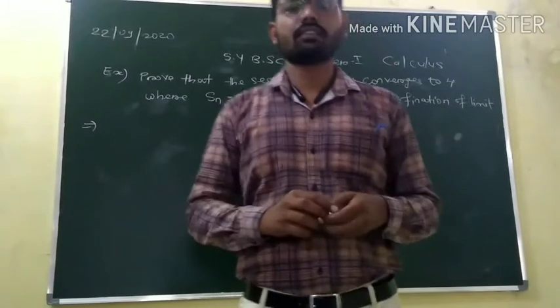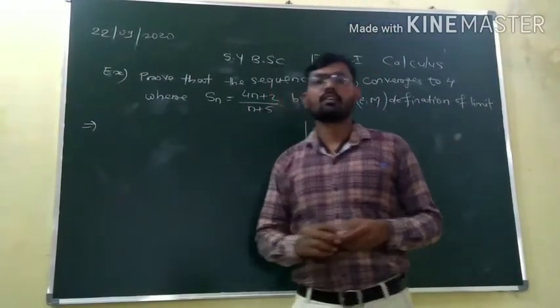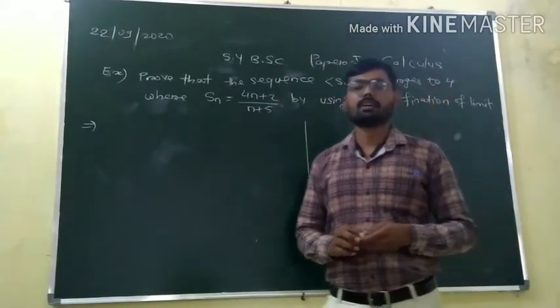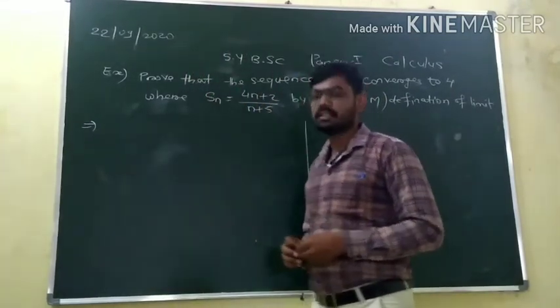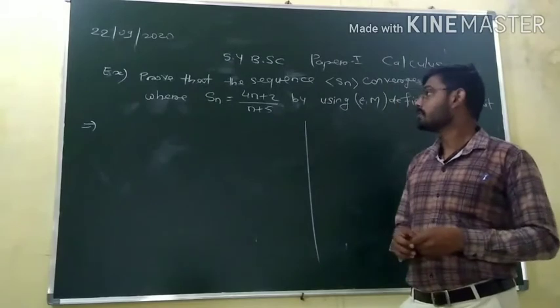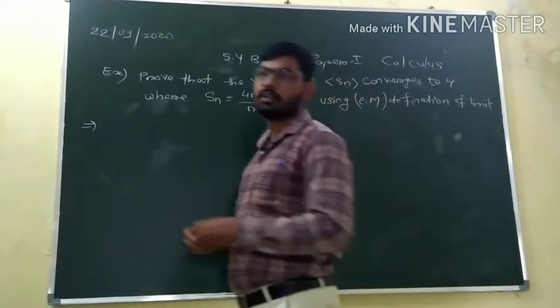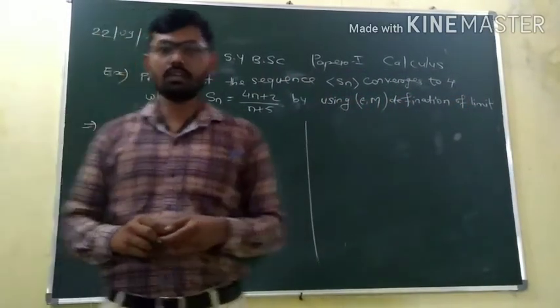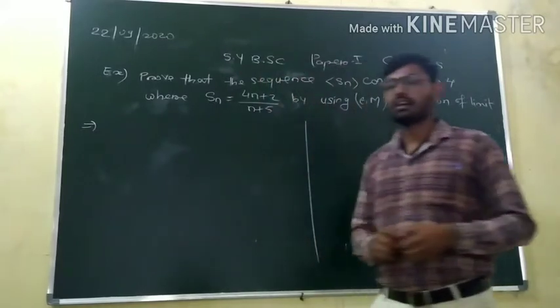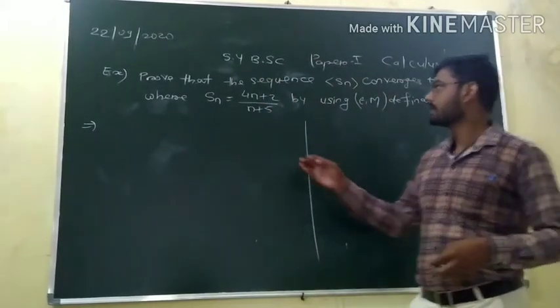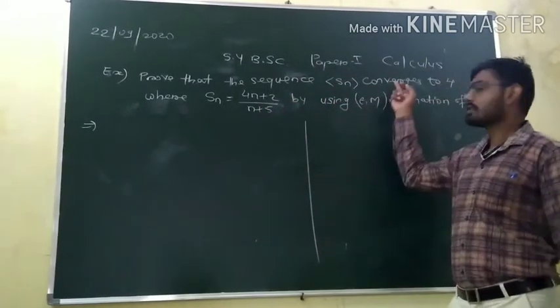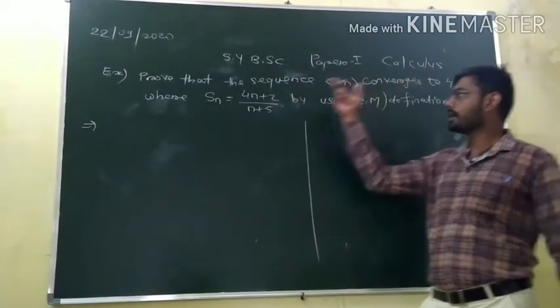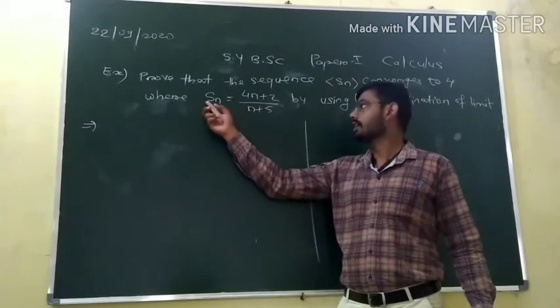So in today's lecture, we will continue our remaining parts of the limit of a sequence. In the last lectures, we have seen some examples of limit of a sequence. Today we will see another example. The example is: prove that the sequence Sn converges to 4, where the sequence is defined by its nth term,